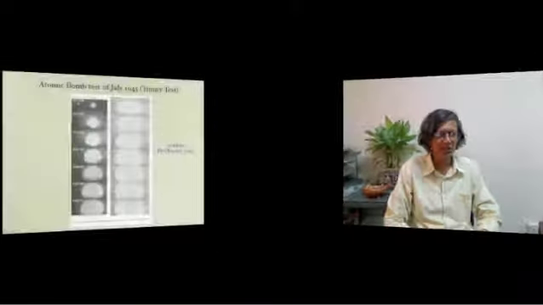So after having seen the Russian bomb test, there is a set of pictures which was taken from the first atomic bomb test at all, which was carried out in July 1945 in the deserts of New Mexico. This was called the Trinity test, and the pictures here show the size of the fireball from